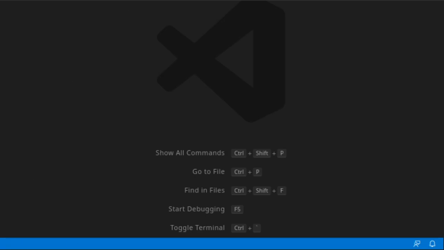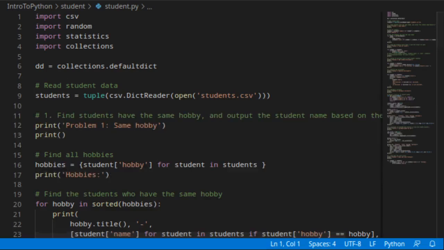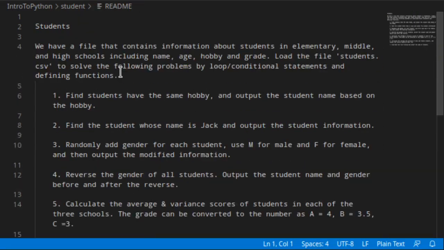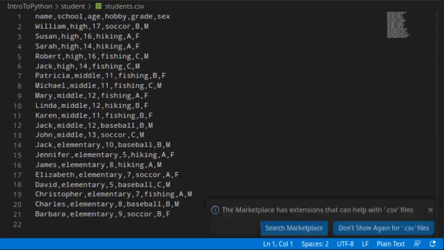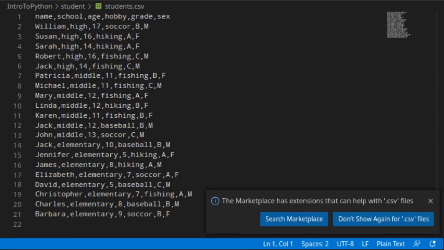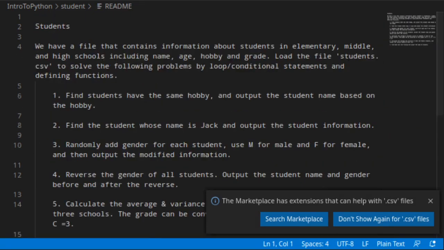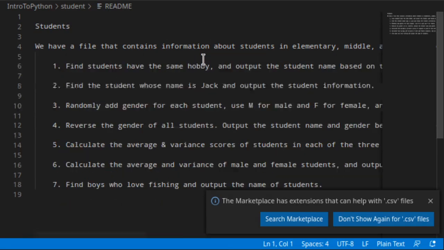All right, so let's look at the code. Well, first let's talk about what we want to do. We've got a CSV file that contains information about students in elementary and middle school. It looks something like this. And we've got their age and their hobby and their grade and their school. And so we want to load the file and we want to perform 7 different